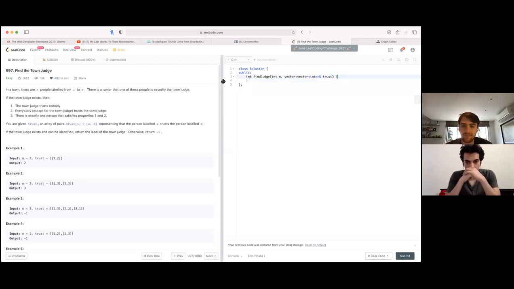Okay. So now the problem is how to create the in degree and out degree. We can use just an array of size n and use the index